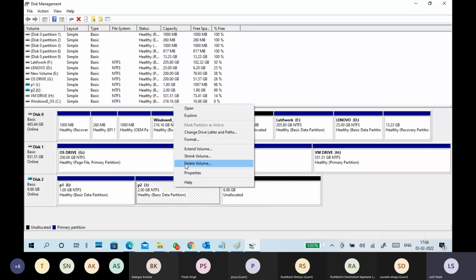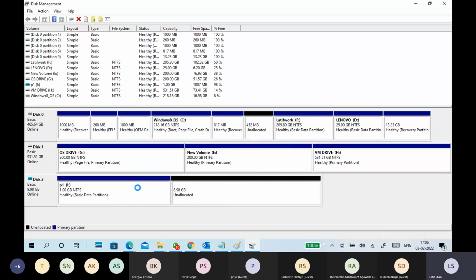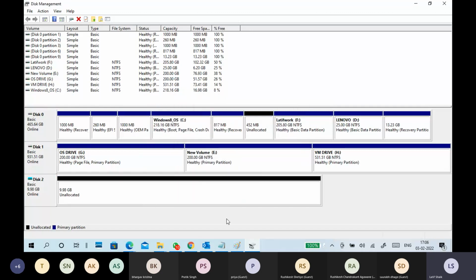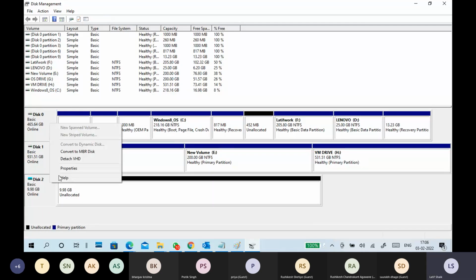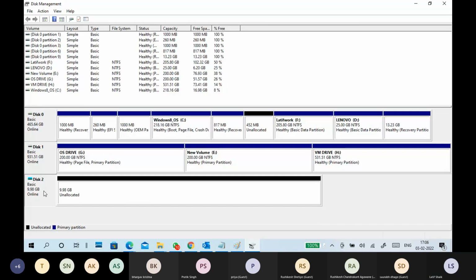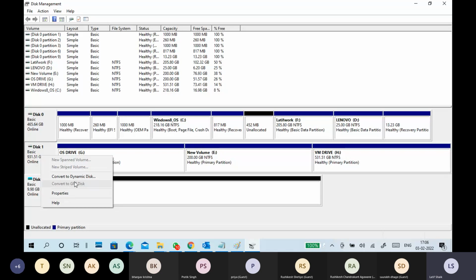In MBR, 3 primary partitions. Once you finish, the fourth one becomes extended. The extended or fourth one becomes a logical drive only. See, it is not a basic disk, not a dynamic disk, nothing. Guys, never convert any disk into dynamic. If you convert a disk into dynamic, you will get a risk. It's a very risky factor. These 3 primaries are there now. Why are 3 primaries there? Because it is an MBR disk.